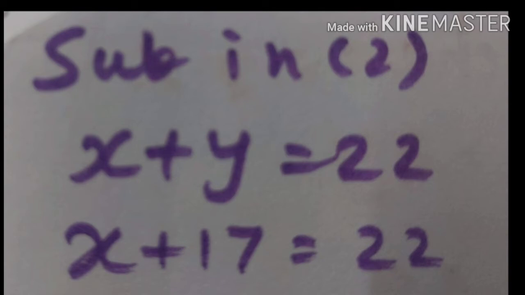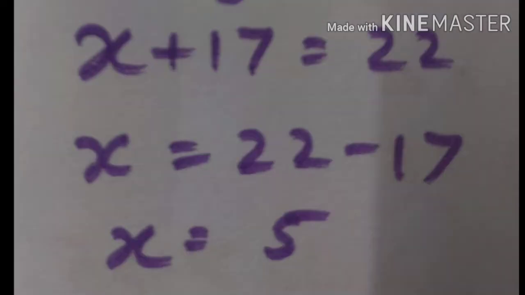The x value we find by 22 minus 17. So here we get x is equal to 5. This is the number of 3 paise stamps. They asked the question, find the number of 3 paise stamps, and we have supposed them as x. So here we found there will be 5 stamps of 3 paise. So here we completed our question number 23. Now let us see the next question.